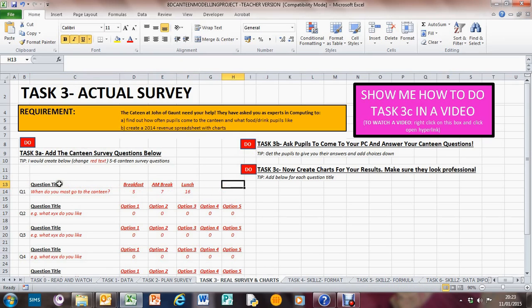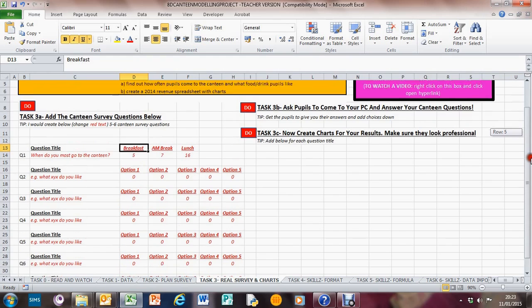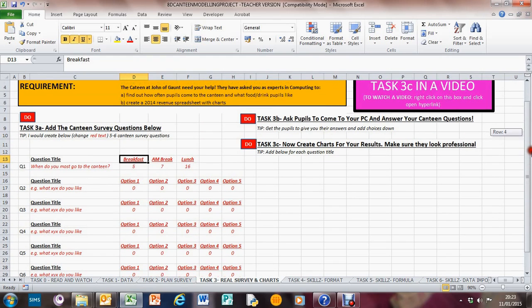For instance, here I've done one. I didn't want to do all of them in case it gave you too much of a hint or cheated a little bit. So here I've got a question: when do you most go to the canteen? And what I've done, I've changed these options up here to breakfast, AM break, so it's morning break, and lunch. Okay, so that's 3A, setting up your questions, and ideally you will have 4, 5 or 6 questions to ask,